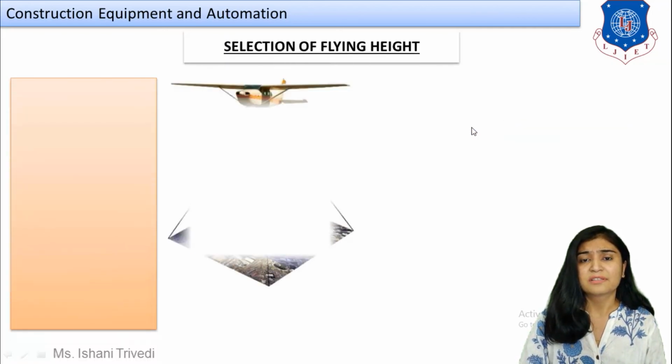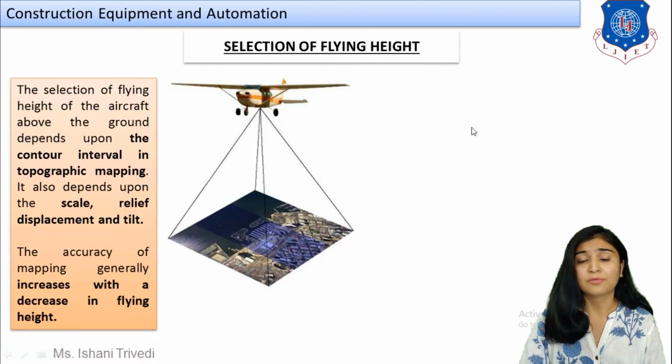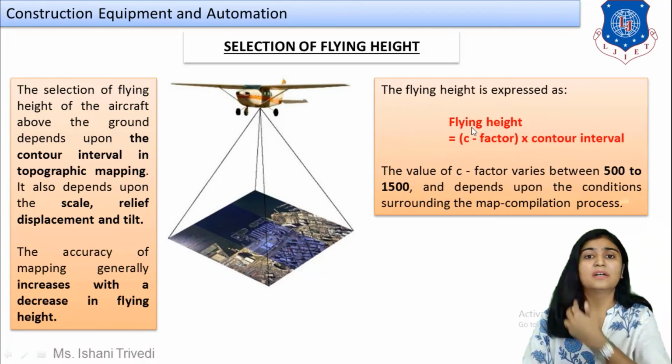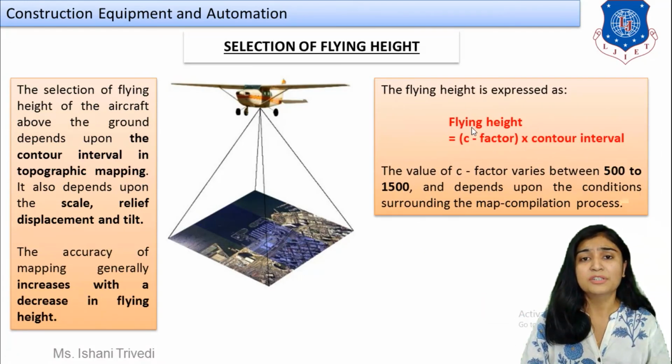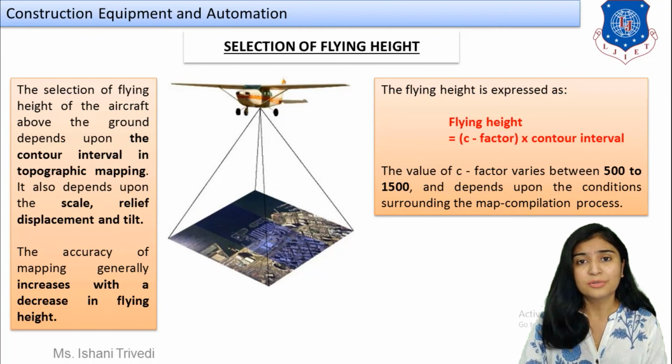Last, we have the selection of flying height. What will be the height of the aircraft? How high are you going to fly your drone or the aircraft? Now please note that if you go higher, if you increase the height, then the accuracy will decrease. This is also a concept which you can imagine on your own: as the height increases, the coverage of the photograph, the focal length, all these things will become less,